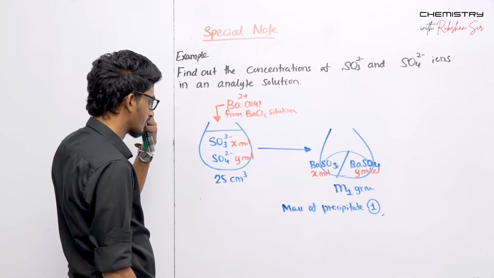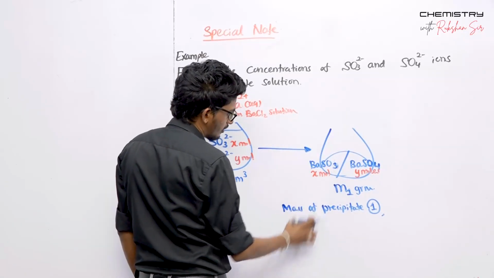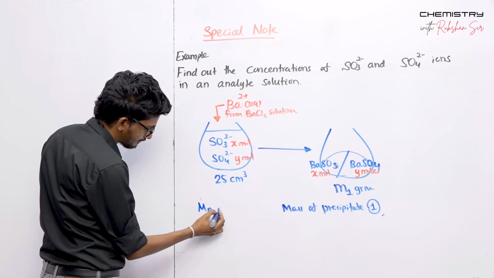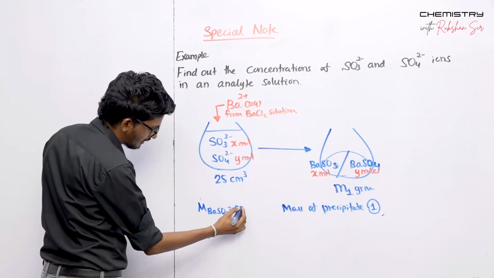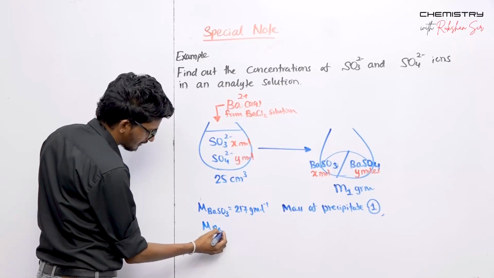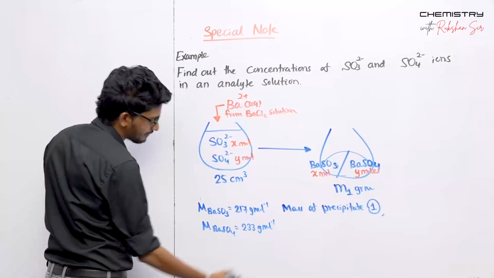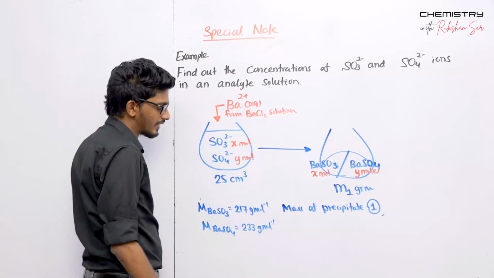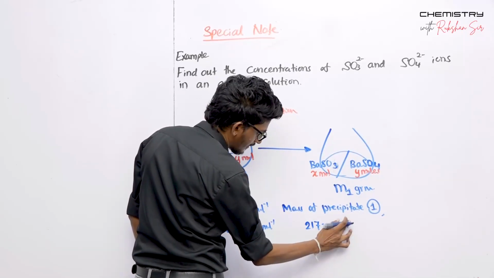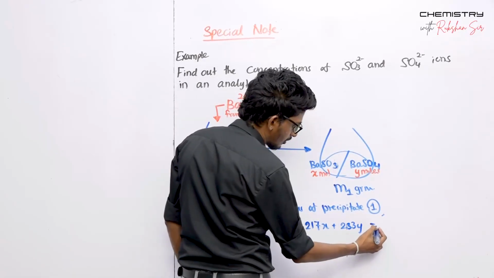It will be the summation of masses of barium sulfite and barium sulfate. So if the molecular weight of barium sulfite, let's come up with that thing. The molecular weight of barium sulfite is 217 g mol^-1, and the molecular weight of barium sulfate is 233 g mol^-1. You can write the mass of a precipitate as 217x plus 233y, right, which will be equal to m1,